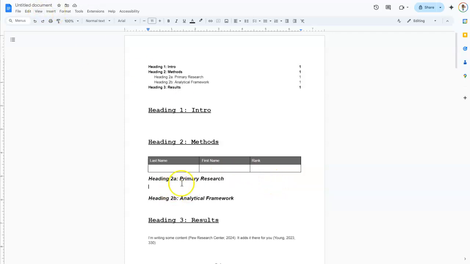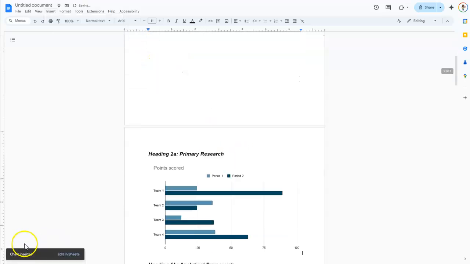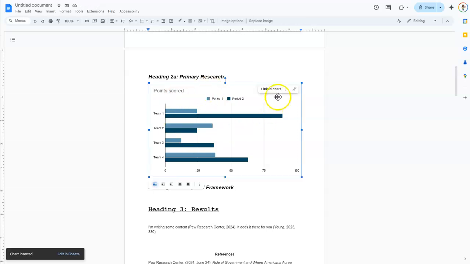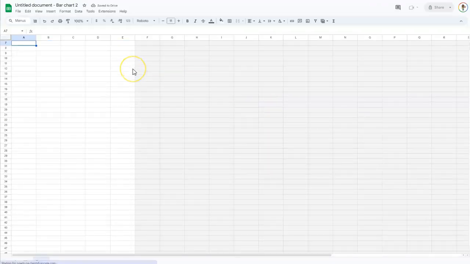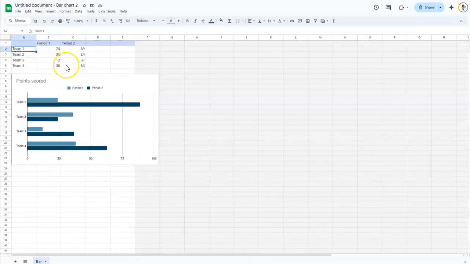Other than tables, which you should definitely be using a lot, just the nature of our content, we love a table. You also do have the ability to insert charts, which pulls from a sheet. So you have all of our basic chart types, which will be fine for the type of data and work for this class. You can just insert your bar chart and it drops in right here. In order to update the content, you will have to open the linked chart, which is basically making a Google Sheets for it. And from here is where you can update